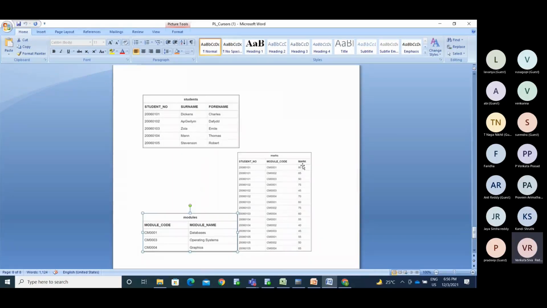He has more than 50%. Those who have less than 40 are failed students. I need that information. I don't need to display the student marks.